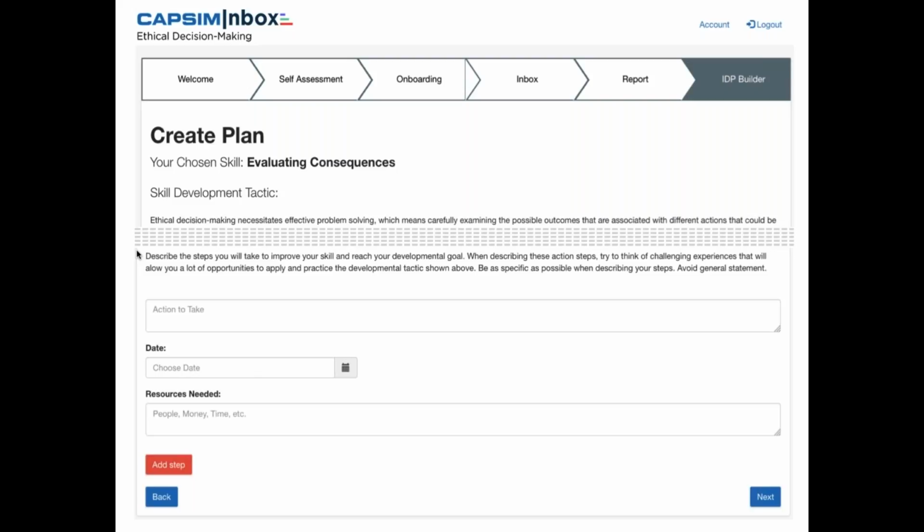The developmental tactic is again shown here that they can use to cue and facilitate thinking of their own action steps they'd like to take. It's truncated here on screen, so it will fit, but the whole entire developmental tactic is shown to students. And so as they go through and they add as many steps as they think they need, and identifying important resources that might be required, as well as an end date, and they kind of work through their own action